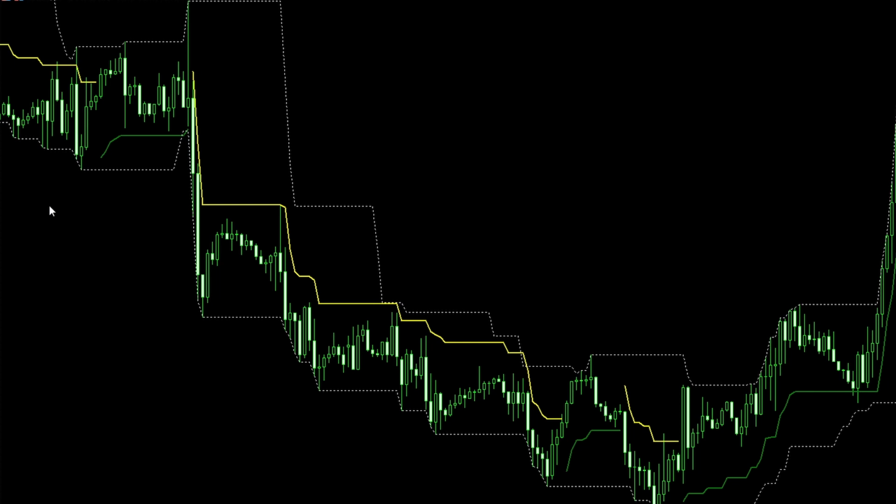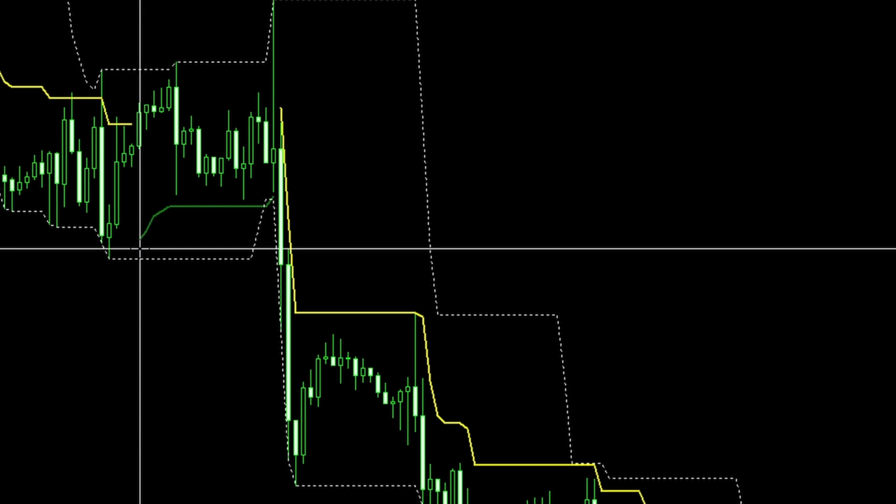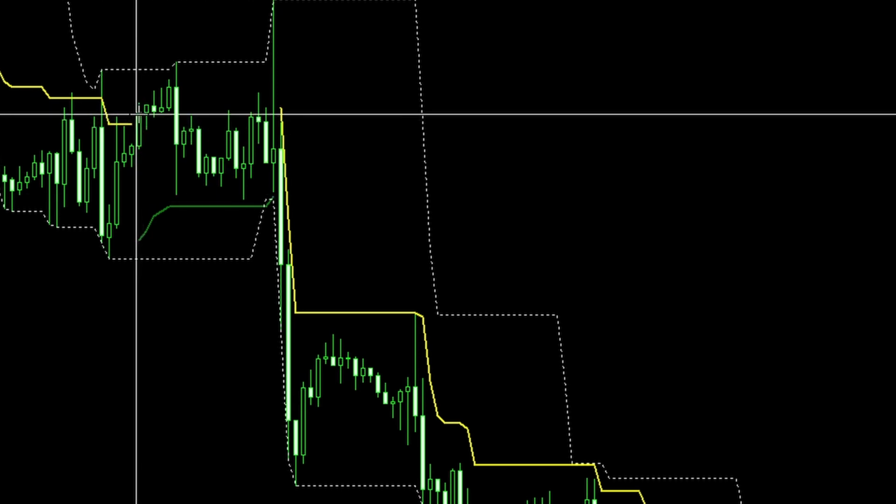So the Donchian channel is similar in that it tracks an upward move until something actually breaks through the bottom line. And the same with the top line. It will track down until something breaks that top line. So I'm going to use that as a stop loss. I'm going to say that, and here I hope you can see this, I'll try to zoom in. At this point I said initially, here was the opening of the trend, and we would have entered at that